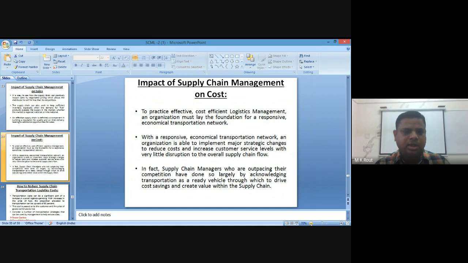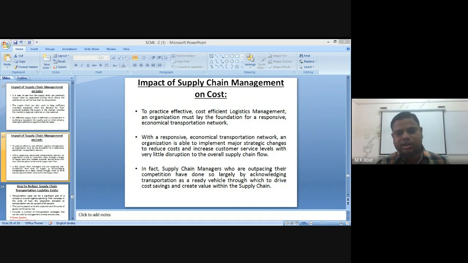They will go for multi-mode methods of transportation, and they will provide a huge amount of incentive and discount whenever you go for bulk transportation. In this case, suppose you have hired 4 to 5 third-party agencies.